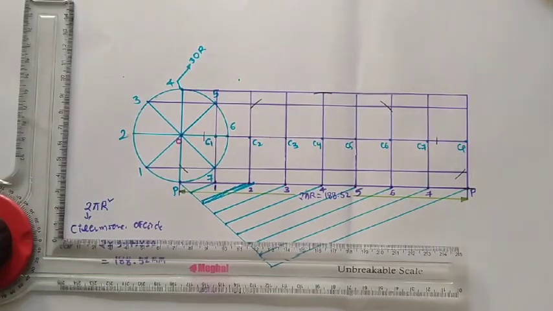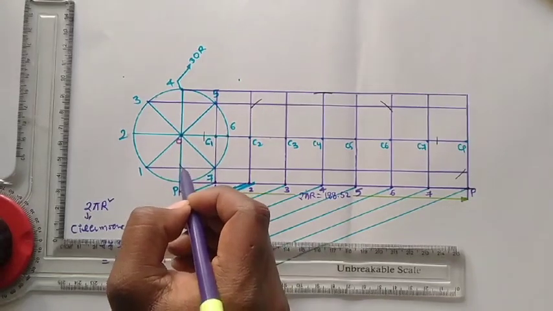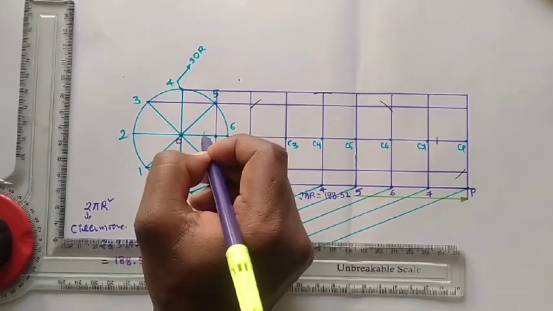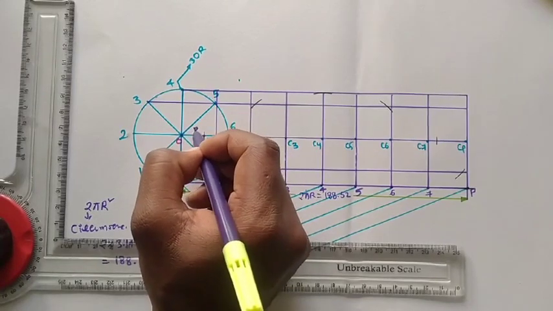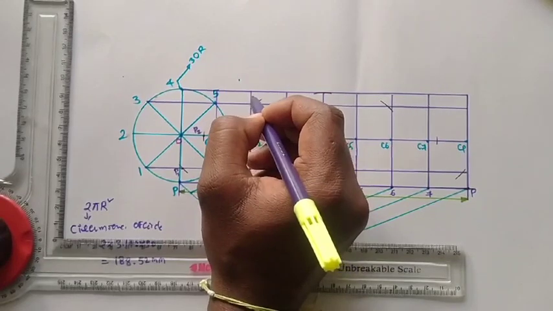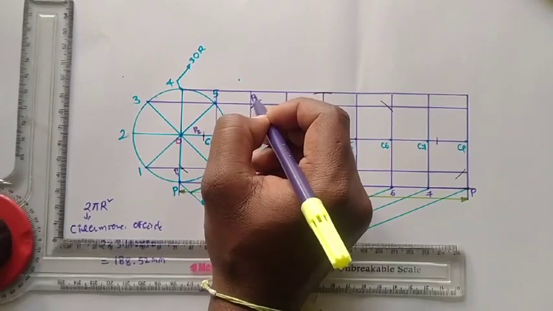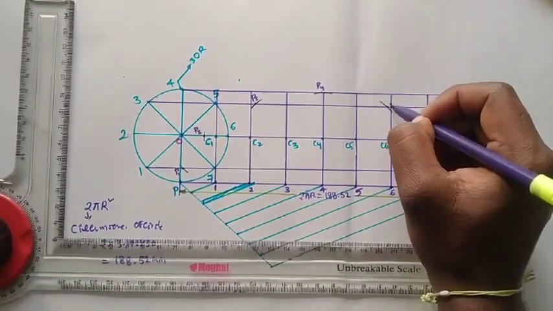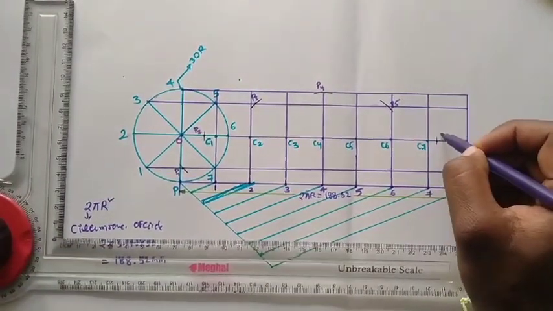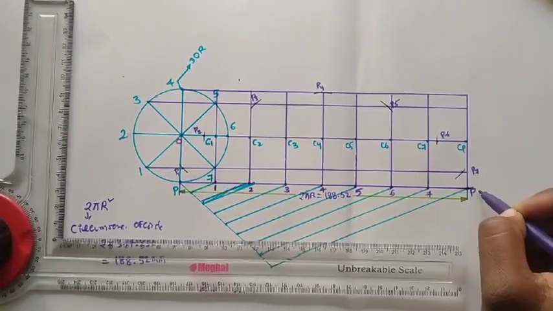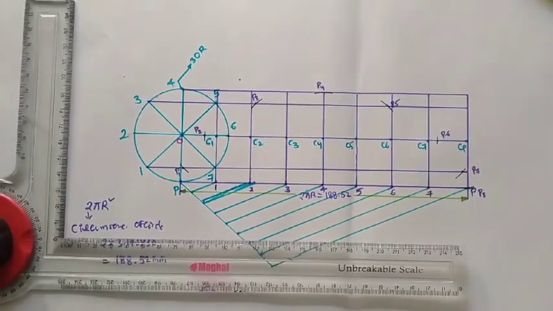Next, number these individual points, okay. The curve touches the 1 line here, this is P1. The curve touches the 2 line here, this is P2, okay. The curve touches the 3 line here, this is P3, again P4, this is P5, this is P6, and this is P7, and finally P8 or P, okay.